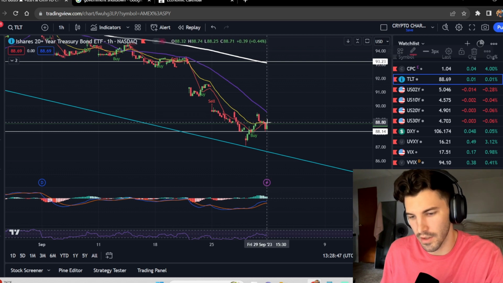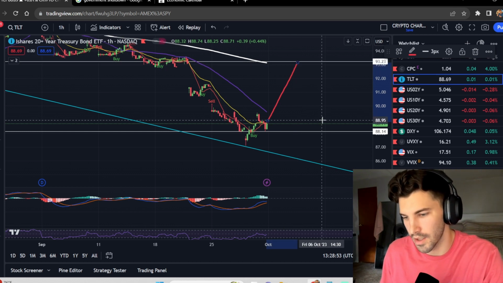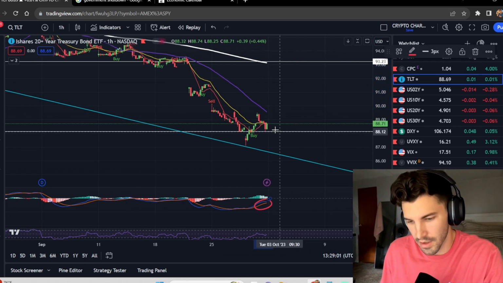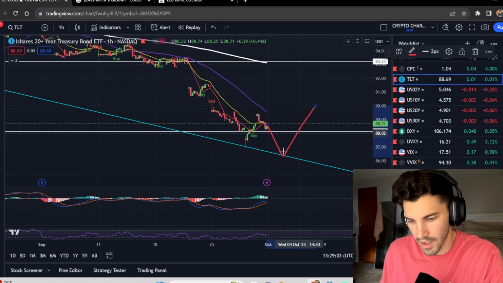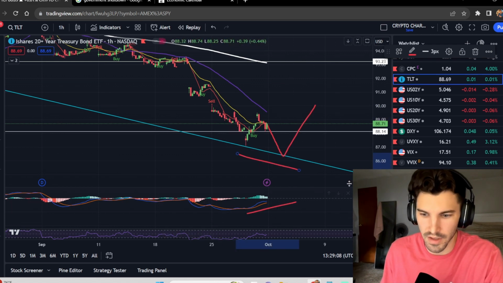I just overall think if we're able to get that pullback to the previous high on the 10-year yield, we could see TLT go all the way up to 93.23-ish before we see any more downside. The bearish case for TLT, if this starts to roll over, we could just see another touchdown here that sets us up a nice little divergence between these lows, and then we could see that start to